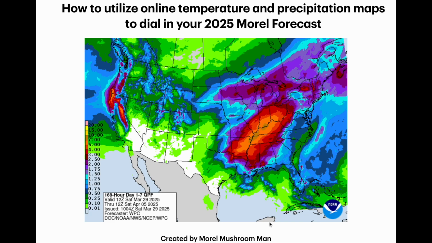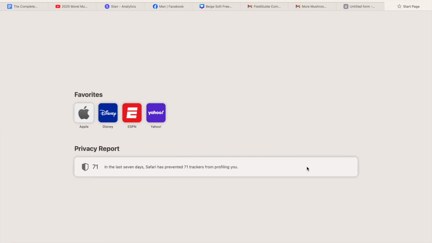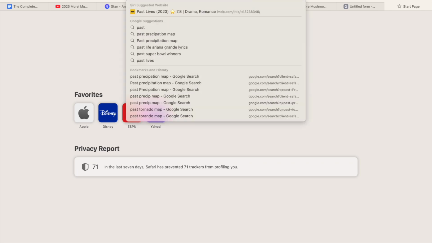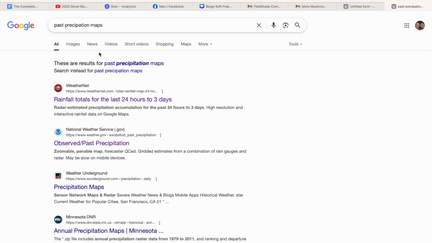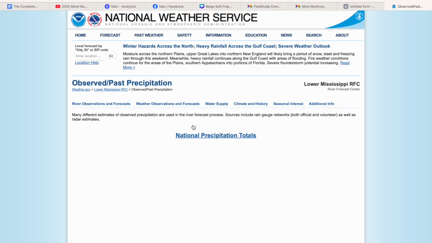Going to discuss how to utilize online temperature and precipitation maps to dial in your 2025 Morel Mushroom Forecast. Alright, first we're going to go to Safari Google and just type in past precipitation maps. We're going to go to nationalweatherservice.gov, click on observed and past precipitation, and it'll bring you to the